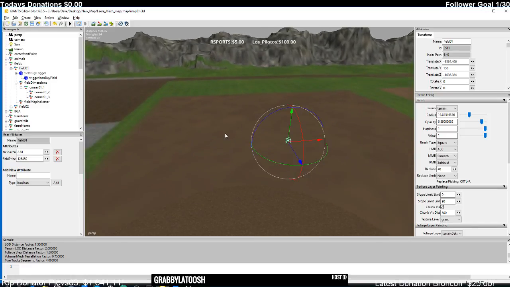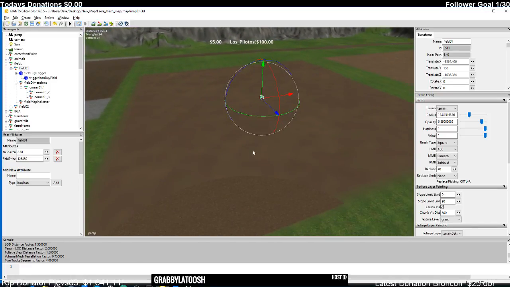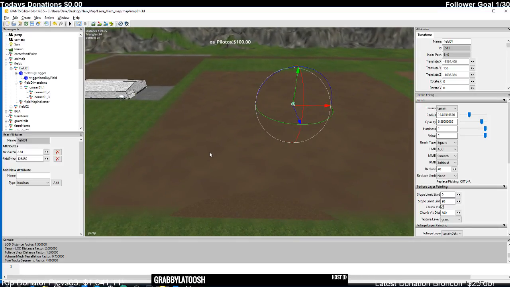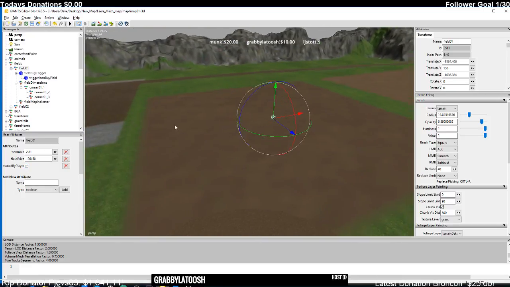And that is almost everything we need for field number 1, but there's something else, and I should have done this already before I duplicated it to field 2, but we'll do it. In the add new attribute, you want to type lowercase o w n e d, capital B Y, and then capital P L A Y E R, and leave it a Boolean value, no spaces, lowercase o b p. I'm pretty sure that's how it is. I might have to check that, it's been so long. But you add that box, and if you check it, we'll find out when we go into the map if that field is